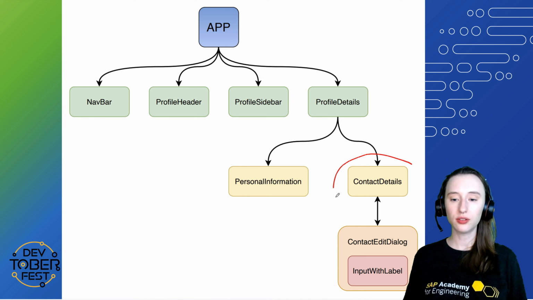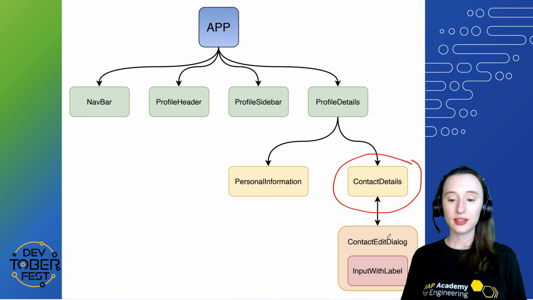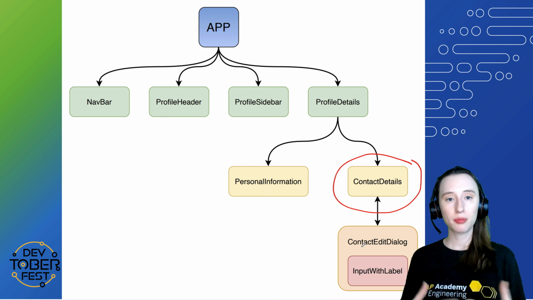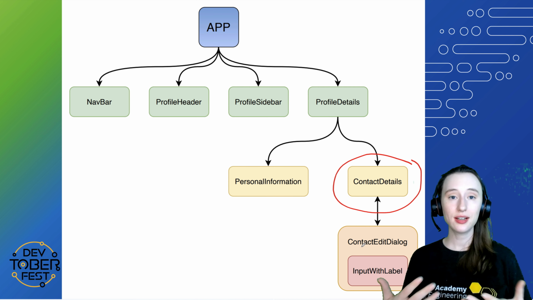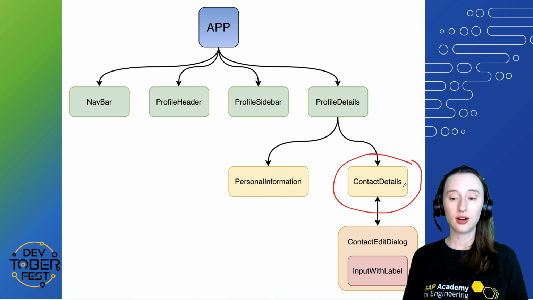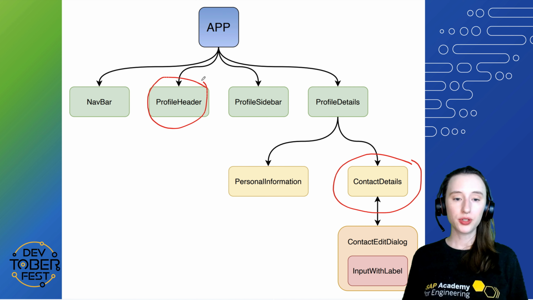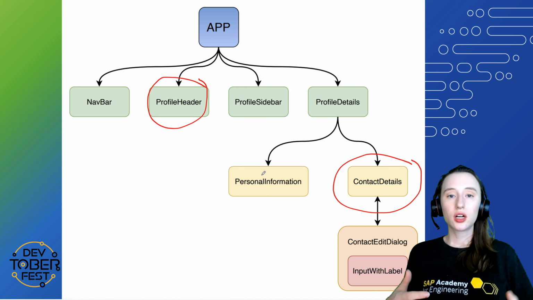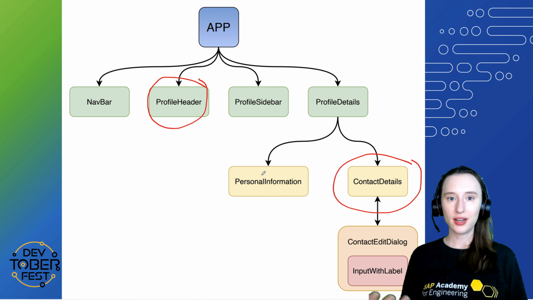This is where all of the data currently lives. And this contact edit dialog is the pop-up that you saw that allows us to edit the data and show that updated data on contact details. So if we wanted to add that phone number up to profile header, we couldn't really do that in the way that the code is written now because I've hard-coded that data. If we wanted to, we would have to put that data in